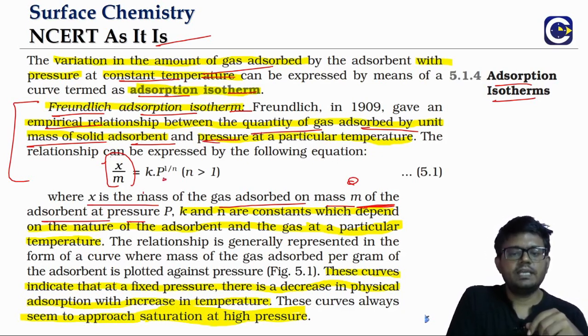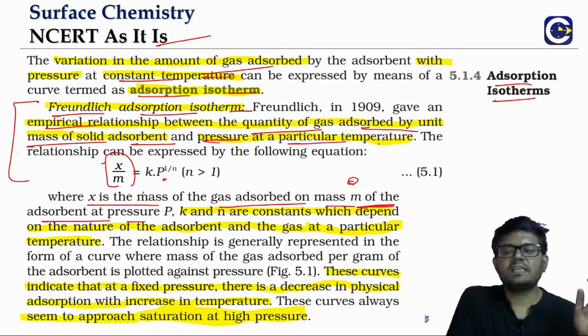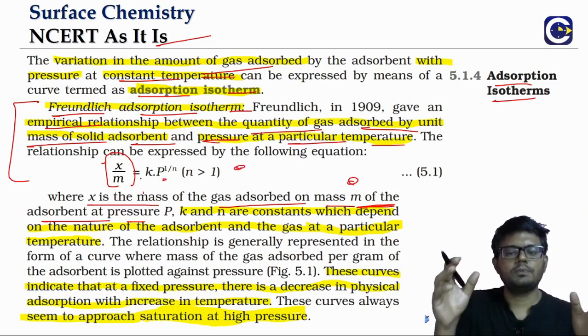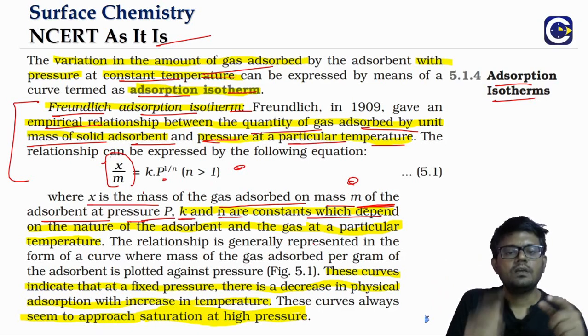And pressure. So the relation is between the extent of adsorption and pressure for a fixed temperature. If you look at the empirical relation, it is x by m is equal to k into p power 1 by n. In this, p is of course the pressure, and k and n are constants which will depend on the nature of the adsorbent